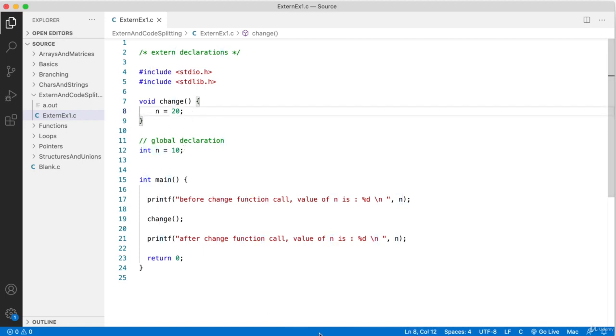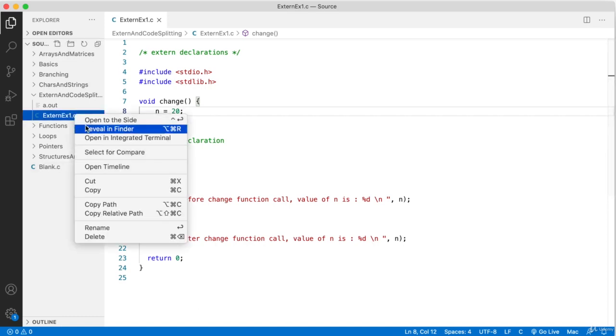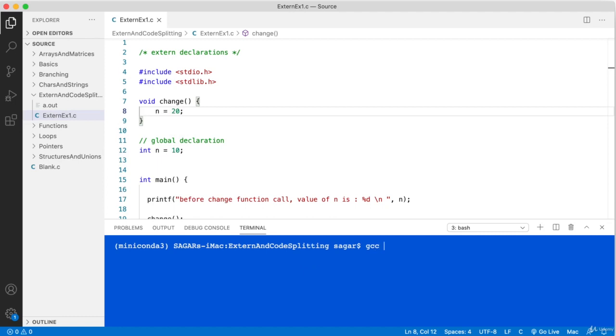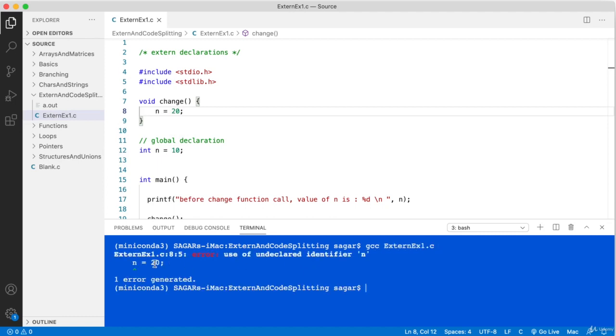Let's compile and see what is the outcome of it. You can see that the reference is invalid. Though it is a global variable, you are trying to refer to that variable even before its actual definition. So this is a forward reference.